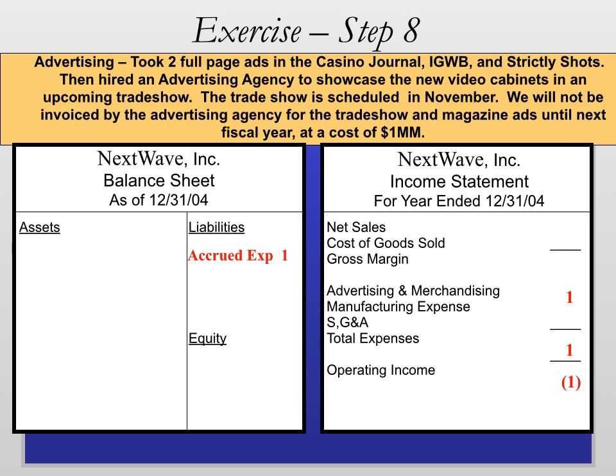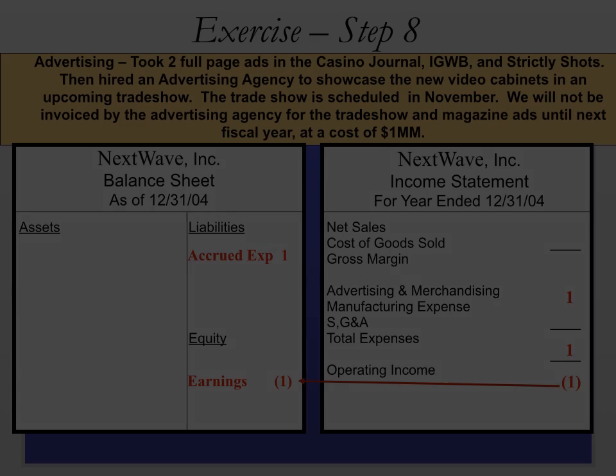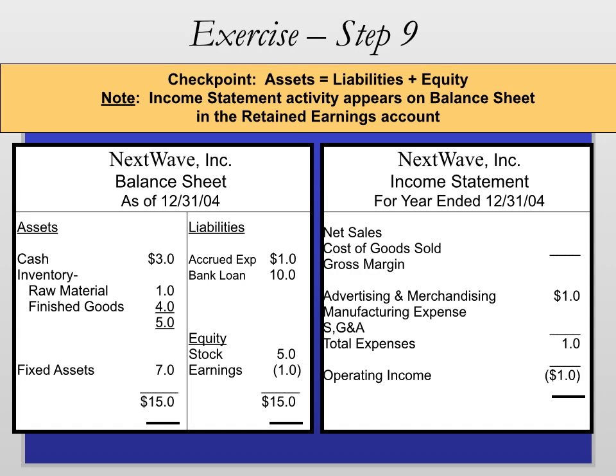In that particular time frame, there were no other expenditures, so bottom line, we lost $1 million. When we close out the income statement at the end of the month or end of the quarter, that $1 million loss gets kept in the business. So in other words, we have to account for the loss on the balance sheet, which goes into the equity section. And when we run a summarized income statement and balance sheet, you can now see that cash is down